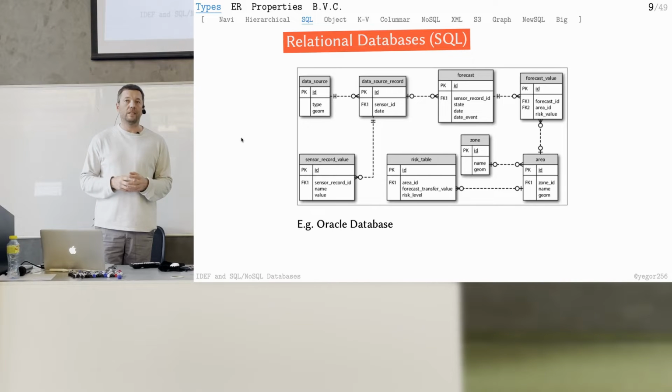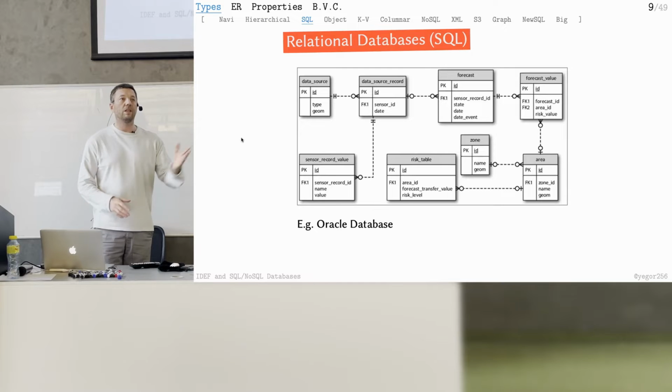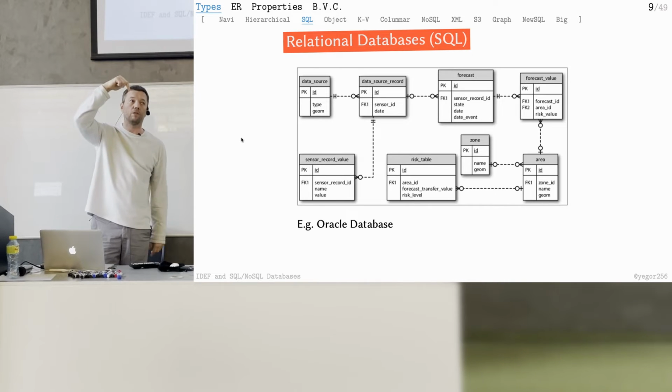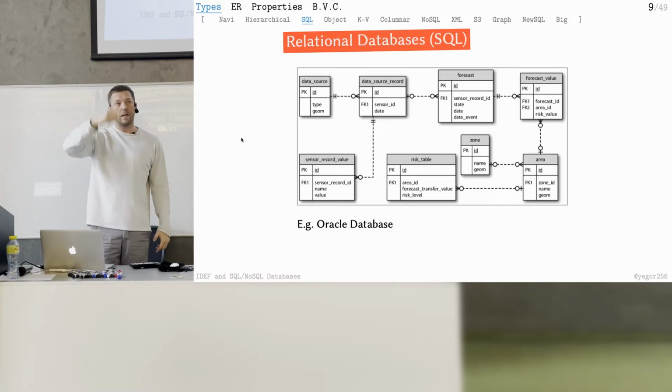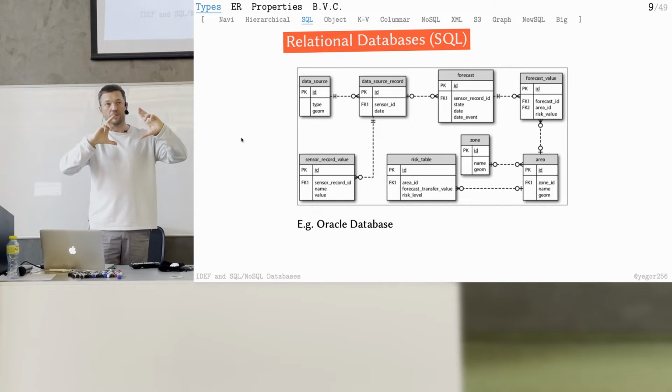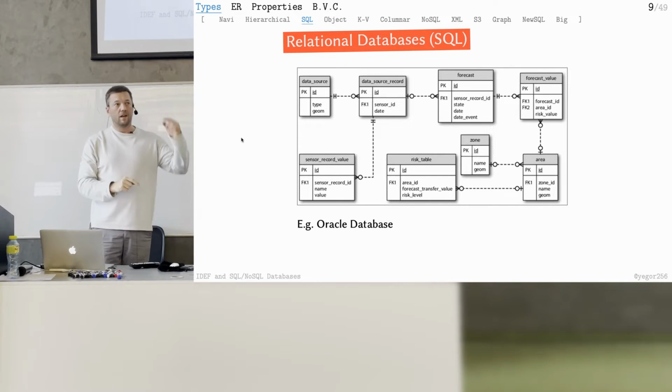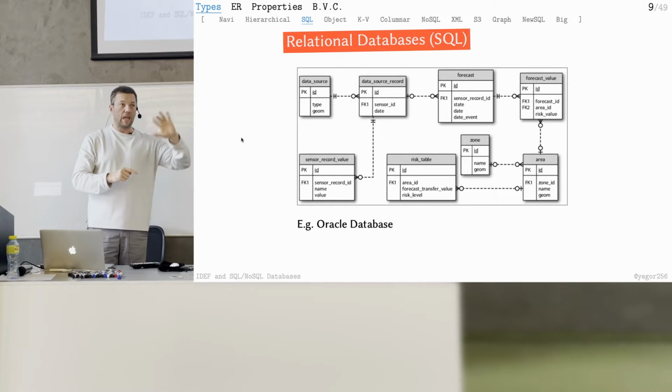It's a mathematical idea of how to connect relations to relations. So each table, which you think of as a table, more formally is a relation. It's a relation from something to something. For example, you say, I have a list of names of students. It's a relation because you have an ID of a student and a name of a student. So it's a relation from one, they call it domain, to another domain. One domain is IDs, another domain is names. For example, 1, 2, 3, 4, 5, 6, 7, and then Jeffrey, Anna, Peter, again Jeffrey, again Peter. So names can be duplicated, for example, but IDs are unique, and so on and so forth.